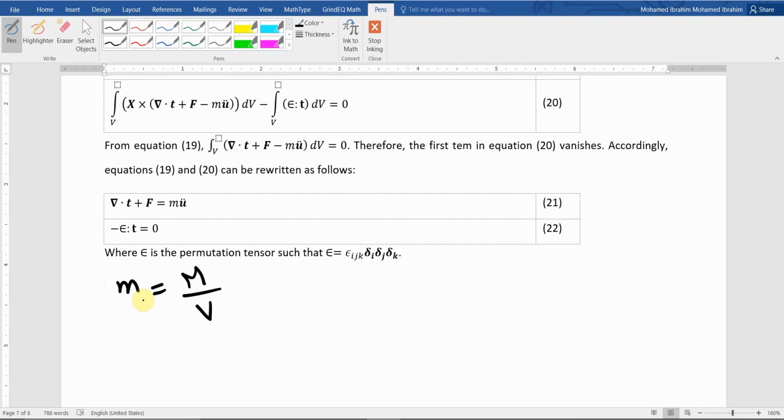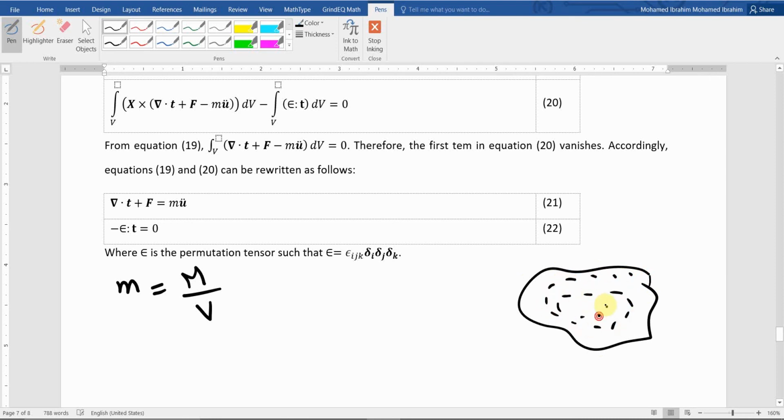So we can write this equation. If you have a continuum like this one, and this continuum includes so many particles, and each one of these particles has a mass m, what should be the mass of the overall continuum? It should be the integration, or